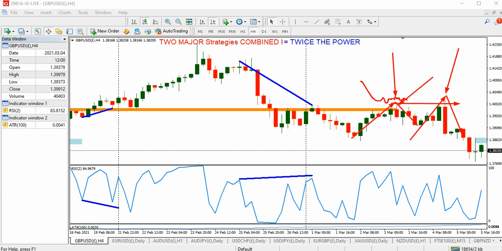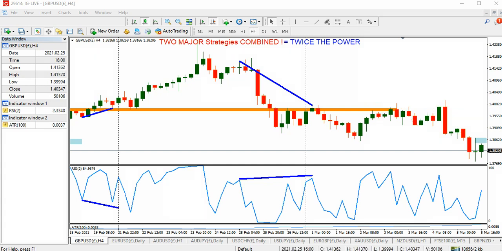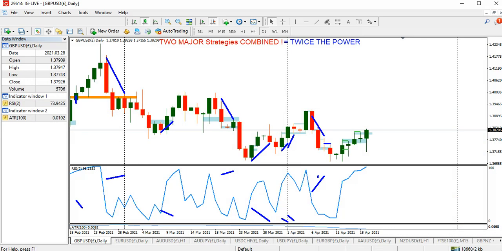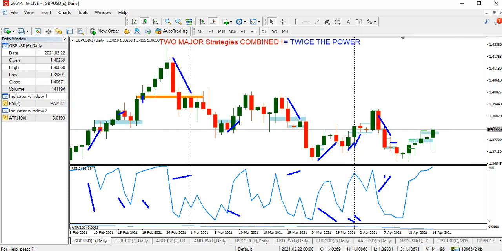So if we just quickly flick over to the daily chart, we can see that price has come down here, and you can see this candle here was taken out. The top of this candle was taken out by the top of that candle, and we got ourselves a double top. And then what happened to price? Price then fell away rapidly there. And at the same time,